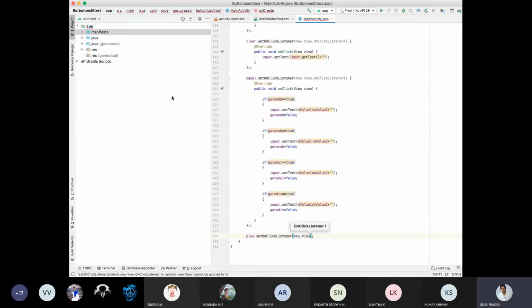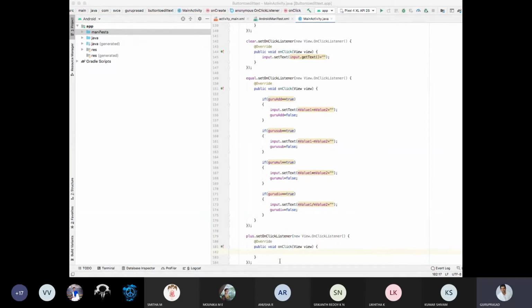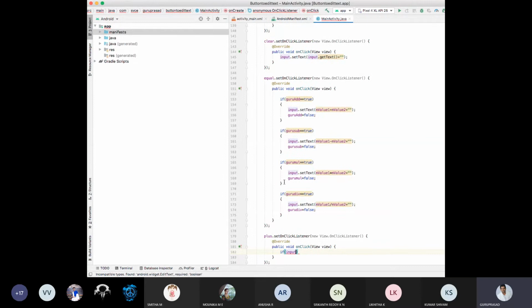Okay, what if in case in addition? Now if I enter input dot, input is equal to null. If my input is null, then what should I get?